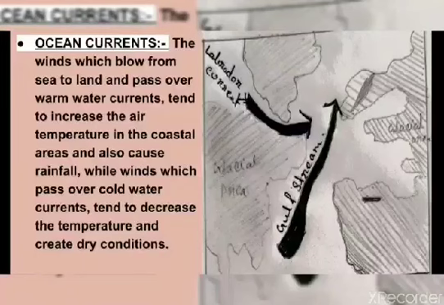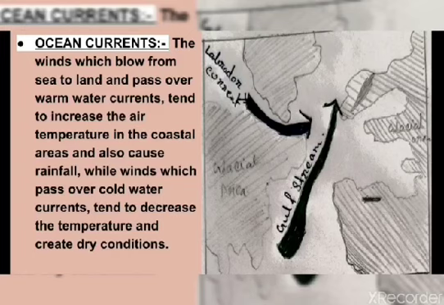The next is ocean currents. Remember, there are two types of ocean current. One is warm ocean current, another one is cold ocean current. These warm and cold ocean currents affect the temperature and climate of the places along which they flow. The winds which blow from sea to land and pass over warm water currents tend to increase the air temperature in the coastal areas. Also, it causes rainfall, while winds which pass over the cold water currents tend to decrease the temperature and create